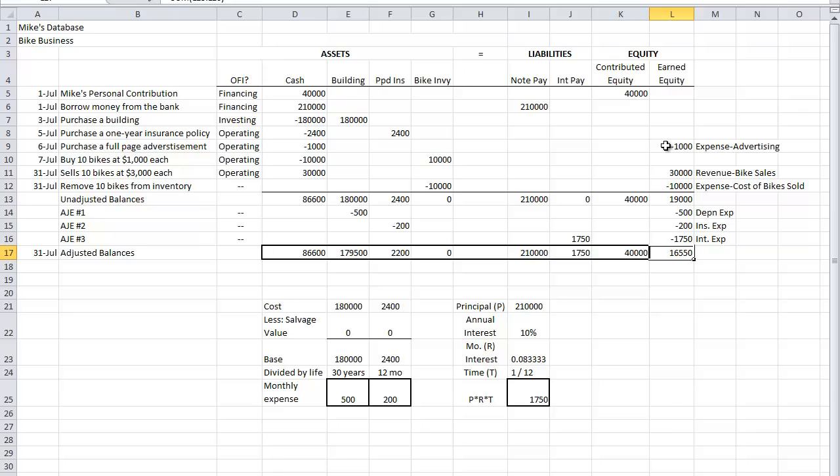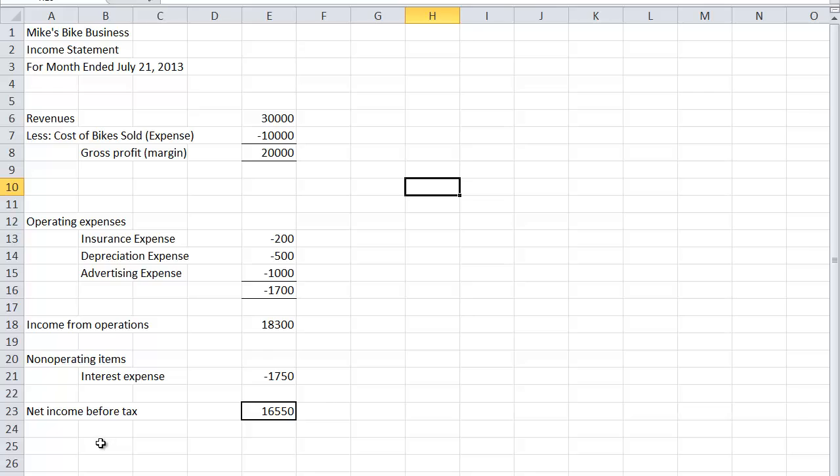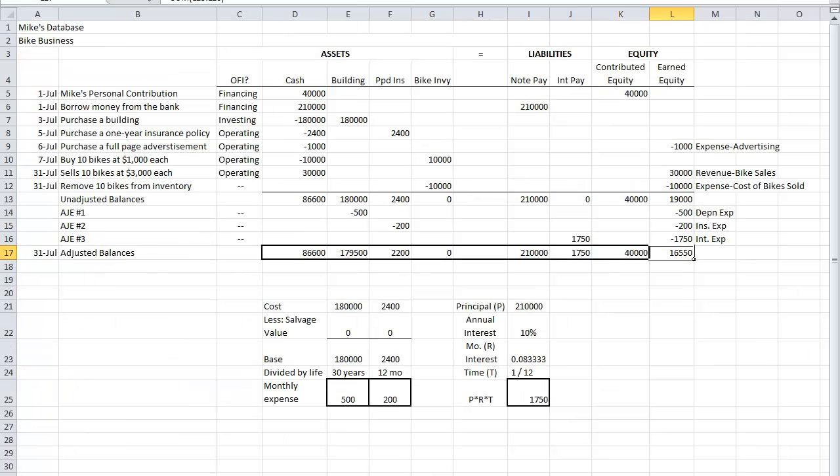So it's all of our expenses, of which there are 1, 2, 3, 4, 5, netted against our one revenue right there. That gives us $16,550. This is called net income before tax. If we're living in a world without taxes, that would just be net income. Now, in conclusion, a business entity's income statement is merely all of its changes in net worth or equity earned as a result of selling products or services and incurring expenses to generate those revenues. So our revenues less all 5 of our expenses